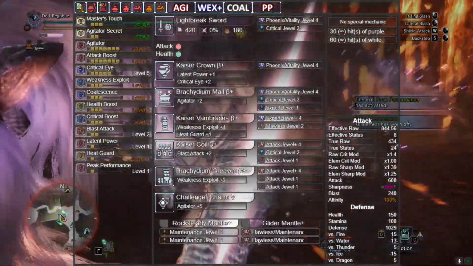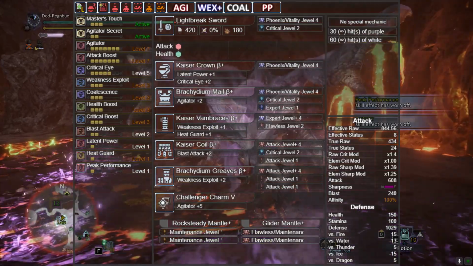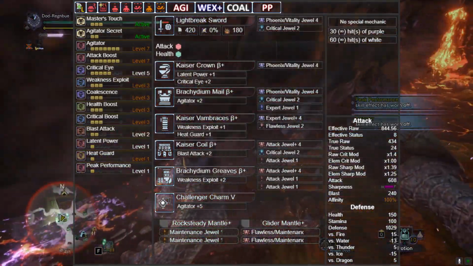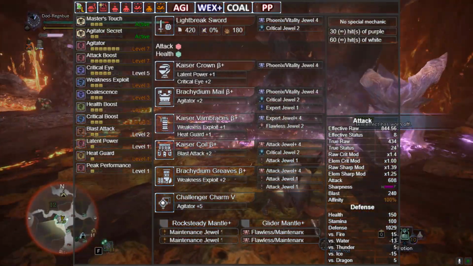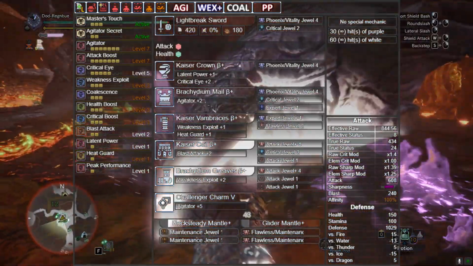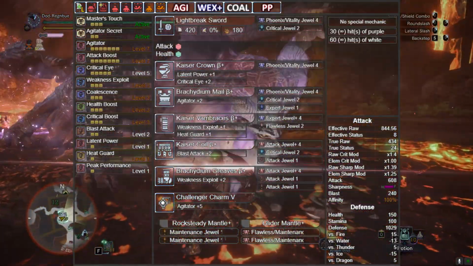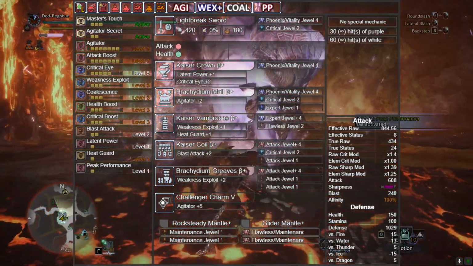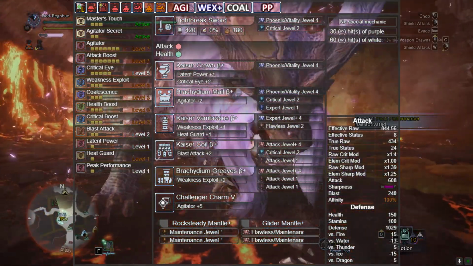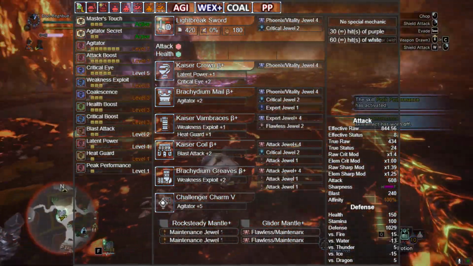Kaiser Crown Beta with a Phoenix Vitality, Brachydian Mail Beta with Phoenix Vitality, Critical Expert, Kaiser Vambraces Beta with Expert, Flawless, Kaiser Coil Beta with Attack, Critical Attack, and Brachydian Greaves with Attack, still running the Challenger Charm, and mantles are the exact same. This build is exactly 4 EFR below the Safi Shatterblade, although it does have approximately